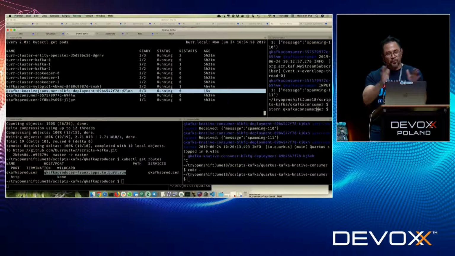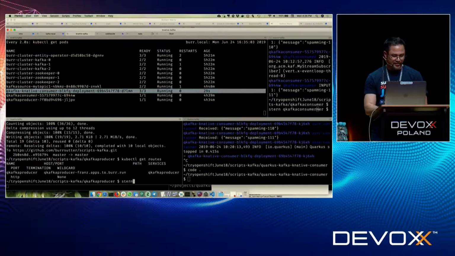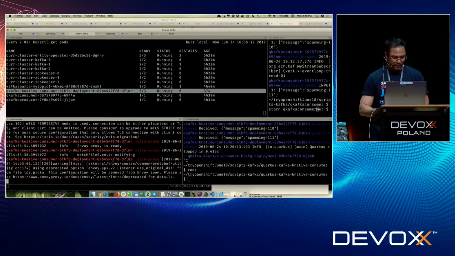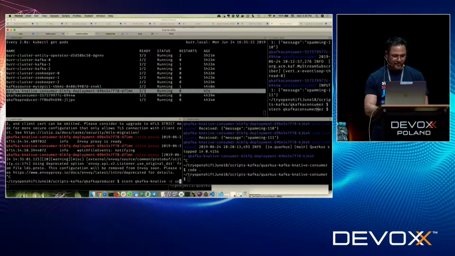And so you're going to see more and more of these kinds of capabilities where it's not just Kafka traffic or HTTP traffic, it might be FTP traffic, it might be AWS SQS, it might be Google Pub/Sub. All that's an example of Knative eventing. And in this case, we're now processing messages via this new mechanism. And you'll basically see it downscale. So this is kind of the culmination of all the different things I've been showing you. And yeah, let's do my logging of that. And so let's just get the user container, make it a little bit easier.